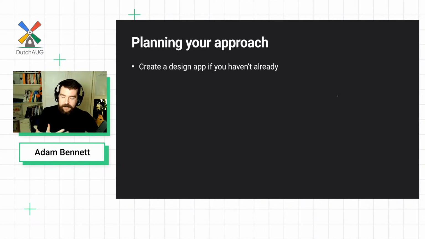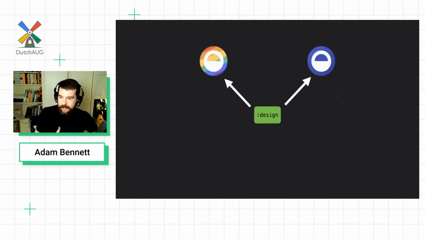So a design app acts as a separate testing playground and a showcase for your design work, but it gives you a place where you can really rapidly iterate on designs. If you're building design components specifically, you don't want to have to dig into the section of the app which might be buried away in a flow where you're actually utilizing this. So it shortens that feedback loop for you. But it also serves as a safe space to kind of experiment with Jetpack Compose.